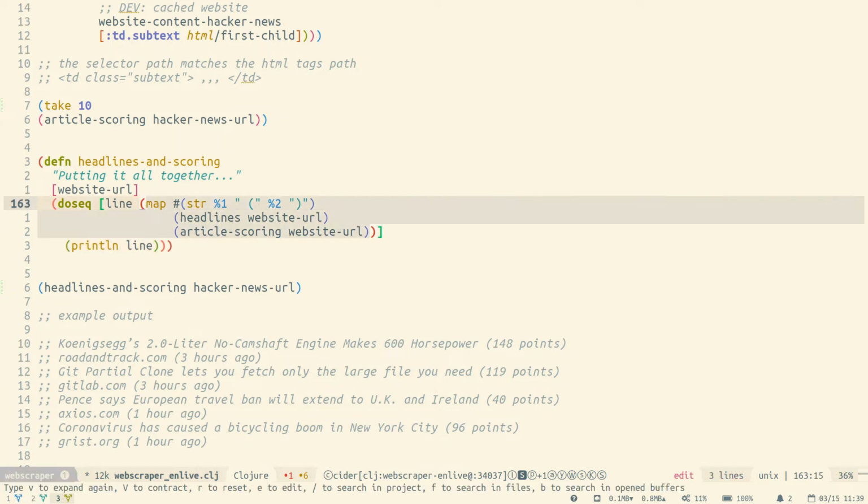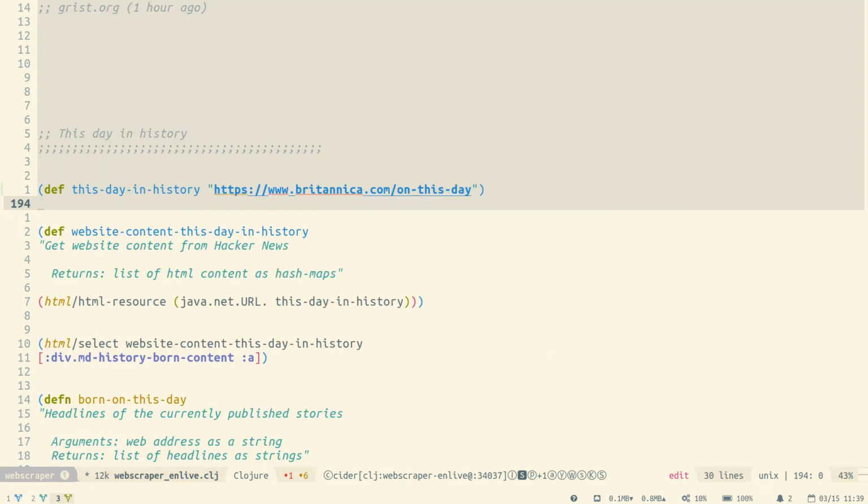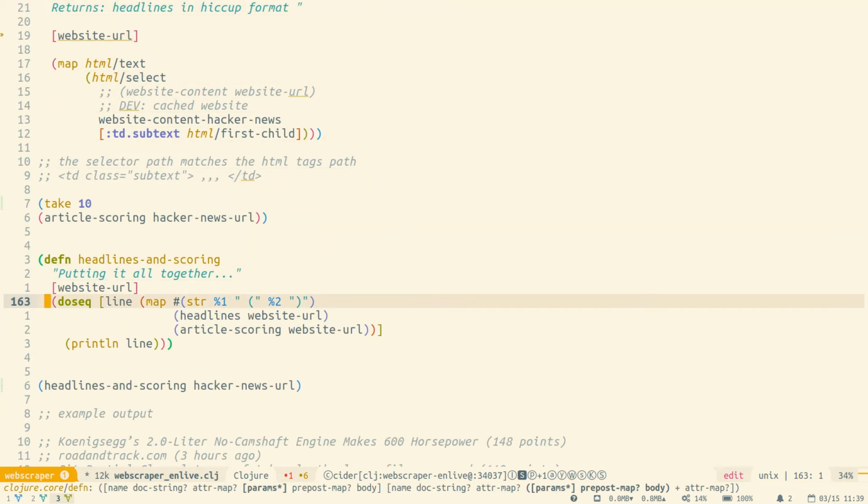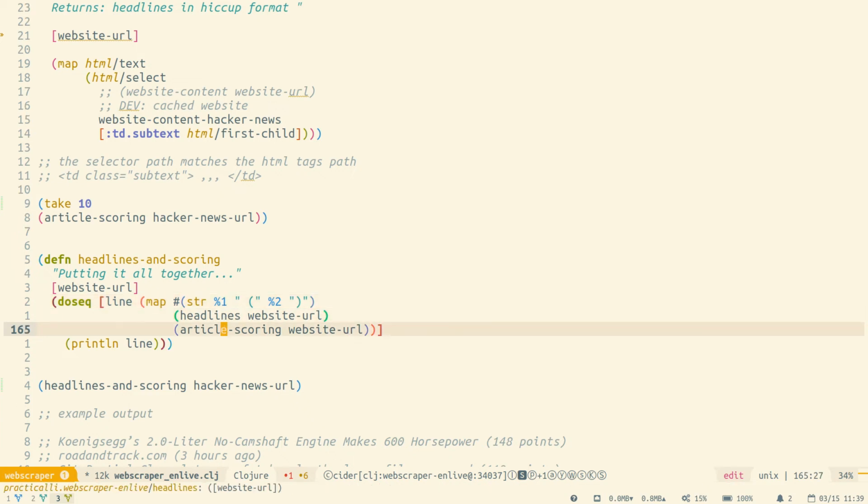And for each line, then we've got this map function, and all that's doing is just going over the headings, going over the article scoring, and it's pulling out the first one from headings and putting that as the start of the string, so that would be the title of the heading, and then the number 2 would be the first value from article scoring, which would be the domain it's created from, and then it would do the same thing for the next pair from each collection, and so on and so on. So if we just evaluate this,